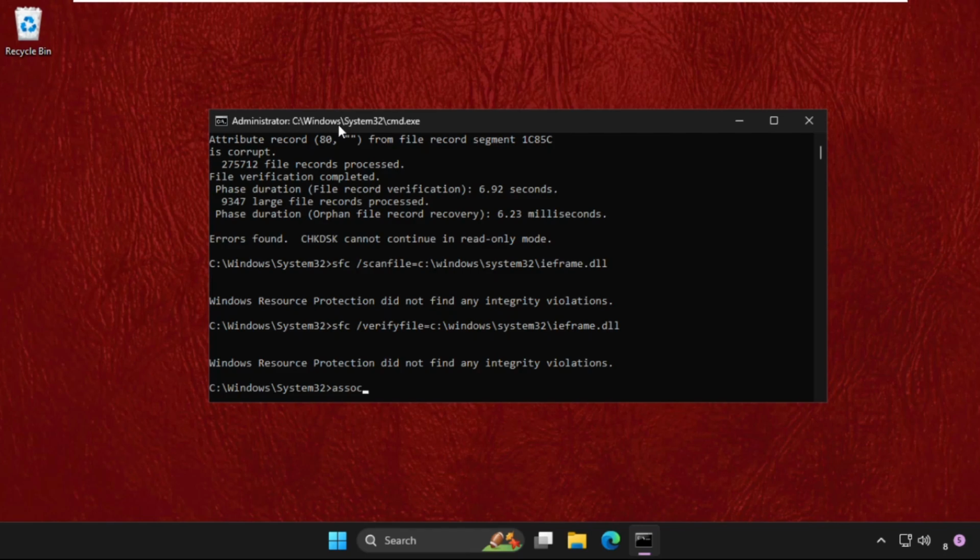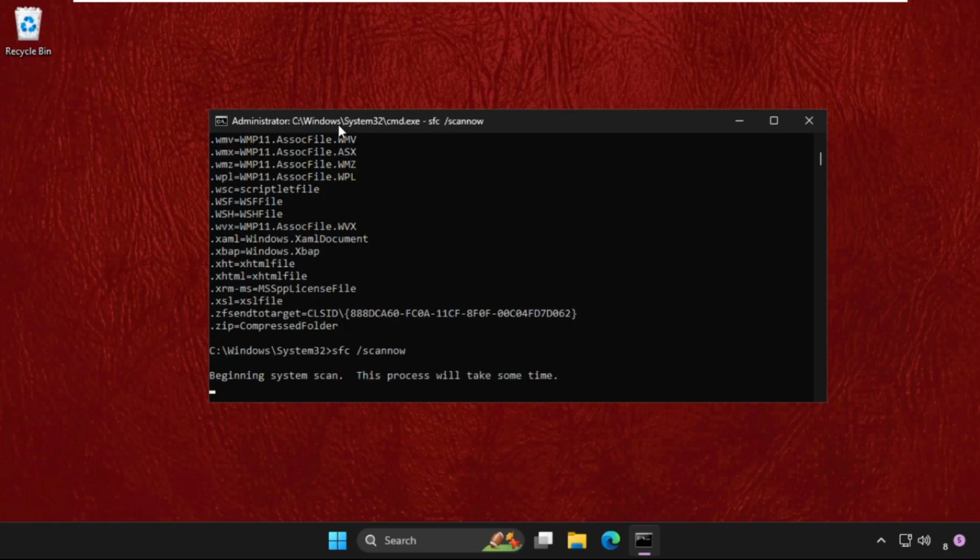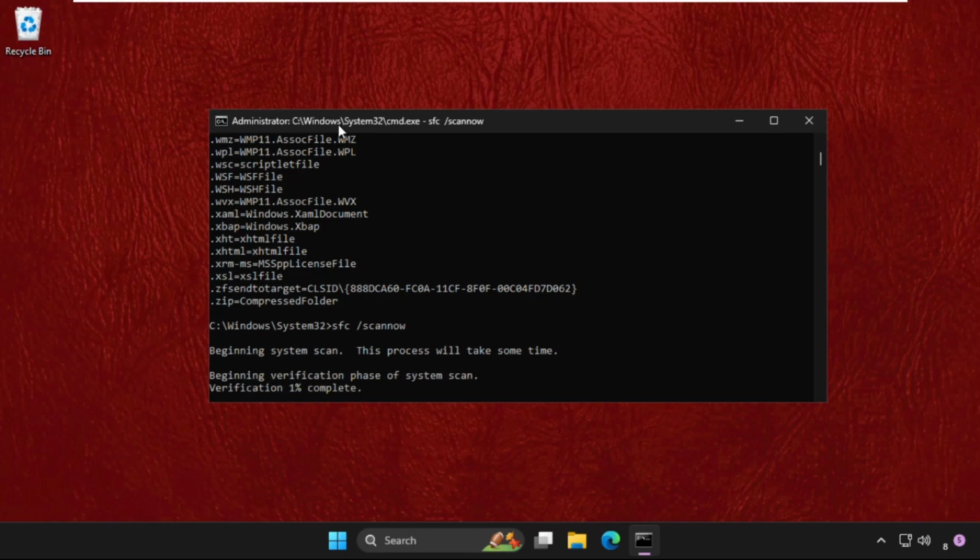ASSOC and hit enter. Now the final command will be sfc space slash scannow and hit enter. So this process will take a lot of time, around 10 to 15 minutes, depends upon your computer configuration how fast it is. And if you are executing this command first time, then it will take around